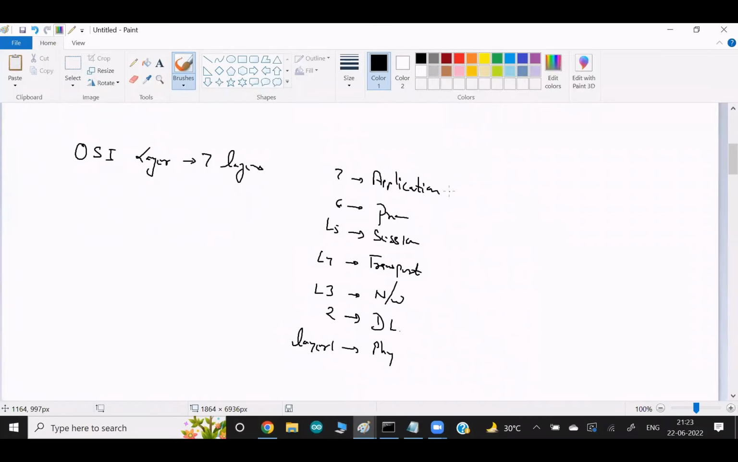The main thing that I want to tell you here is that all the decisions of the IP addresses